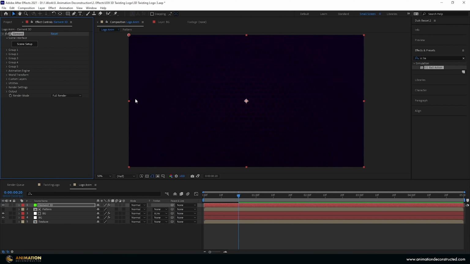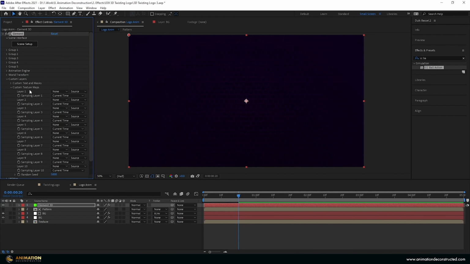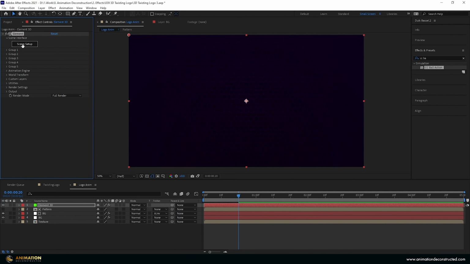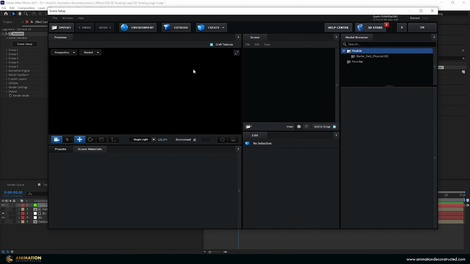Let's change a few things. We have created a texture, so we need to come to the custom layers, drop that down. We are looking at texture maps. Drop that down, and we'll just use this layer 1 and point it at the texture, and then go into the scene setup. We're going to create everything inside here, so I'm going to use the create button over here